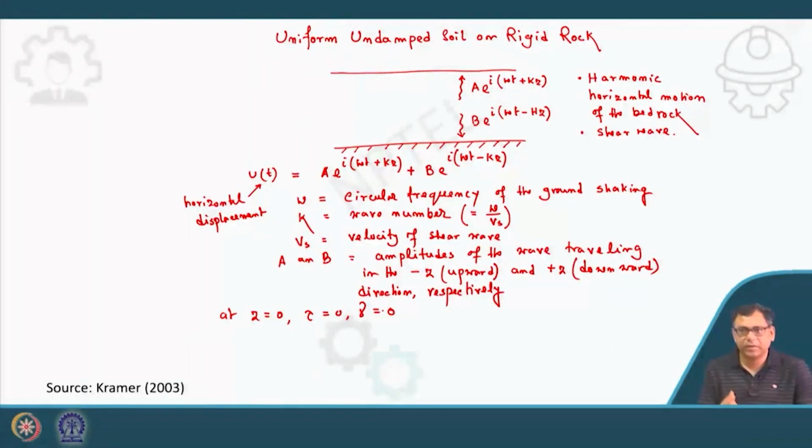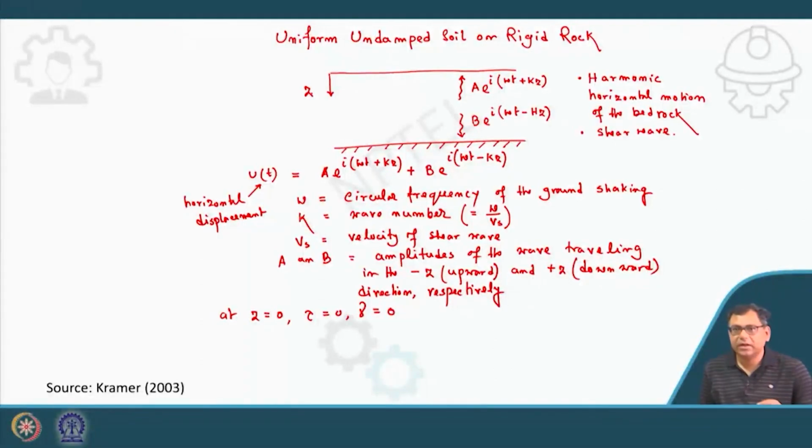If I know the displacement, then you can see this is a function of t and z, both t and z. And what is z? Z is the vertical direction. Upward is negative, downward is positive. That is the common convention used in soil mechanics or foundation engineering. So, that means if I know the displacement, then I will